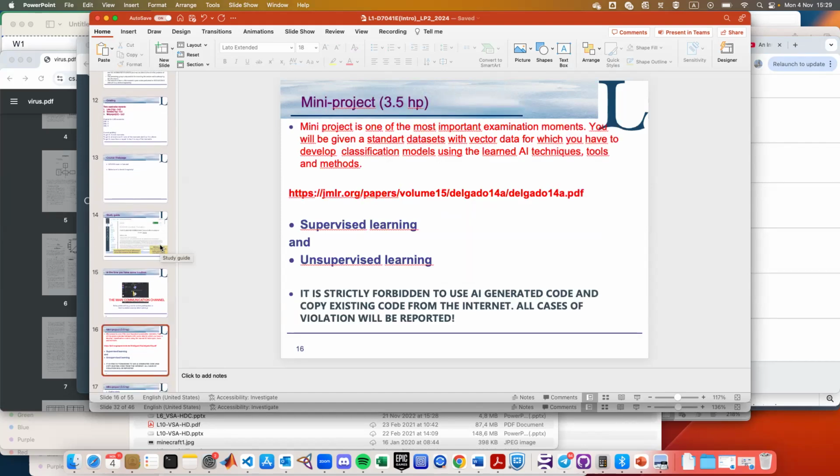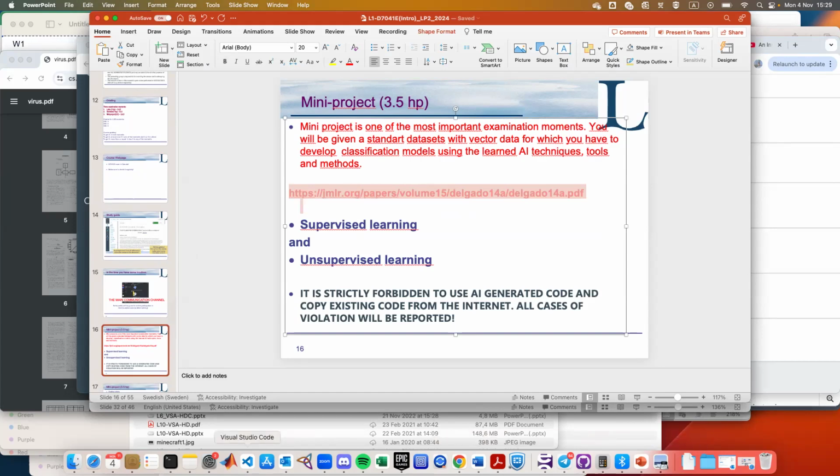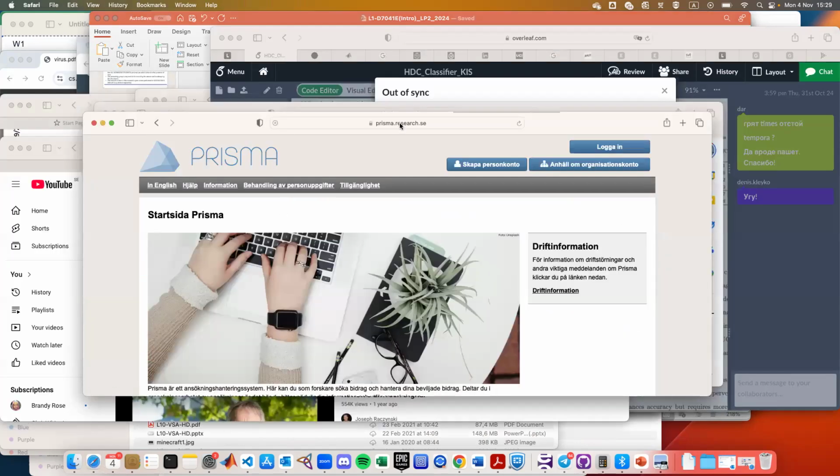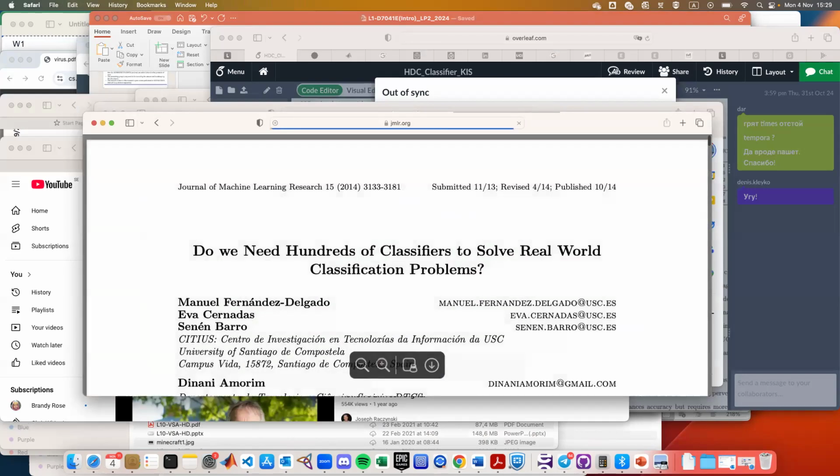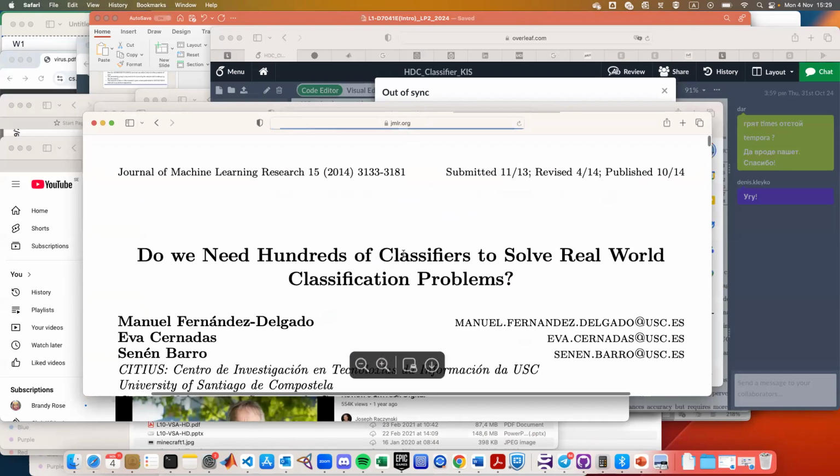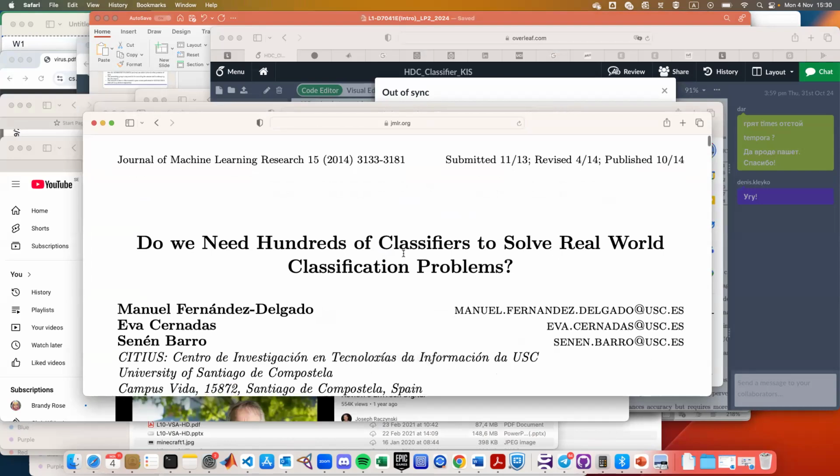Mini project. So let's talk about the mini project. This information is available to you, as I said, from today on, so you can start looking at it. For starters, I want you to read this article over here: Do we need hundreds of classifiers to solve real-world classification problems? This is from